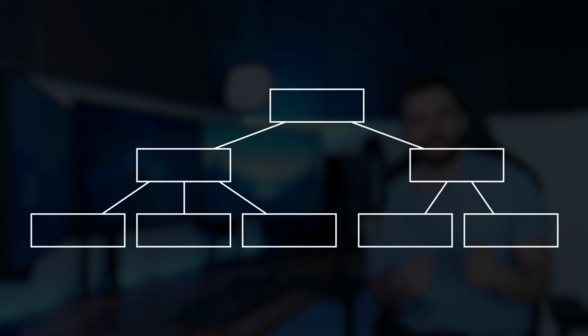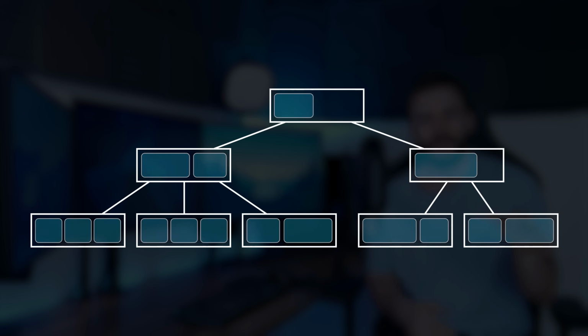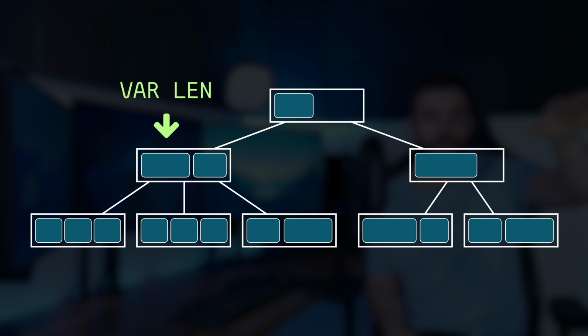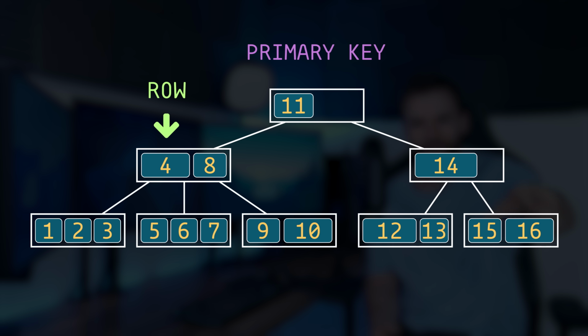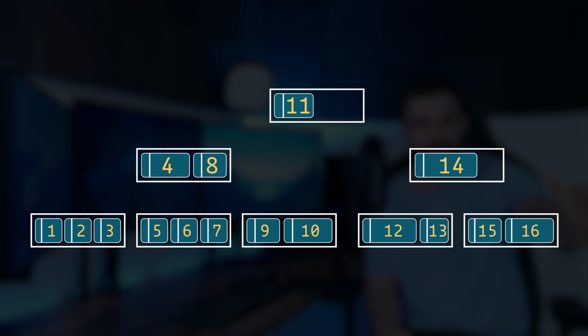So how do these B-trees look like? What's so special about them? Well, each page stores a number of variable length entries. Let's just say these are rows, because from the B-tree's perspective, it doesn't really matter what the entries are, it's just binary data. The B-tree doesn't care at all. The only thing that entries must have is a unique key, because entries must be sorted in ascending order by their key. Additionally, each of these entries has a header that stores a pointer to another B-tree page, and entries